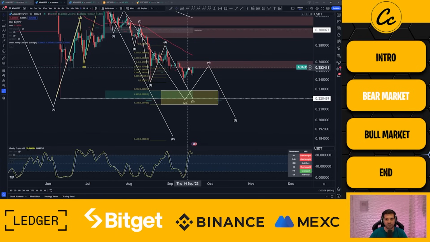To me, this looks like we are experiencing a diagonal, and we're likely to come down to our low target range, right? This is just the short-term, immediate thought process of where I think ADA is likely to hit. So 21 to 22 cents. However, there will be a bounce upwards and then a further move to the downside.